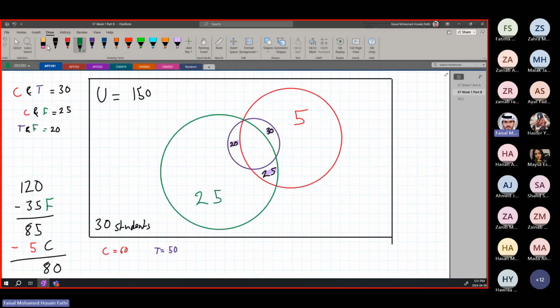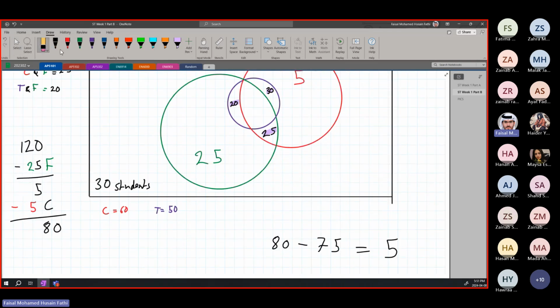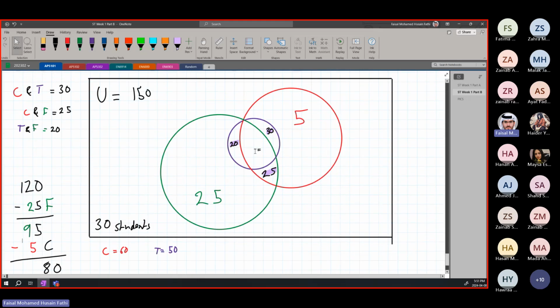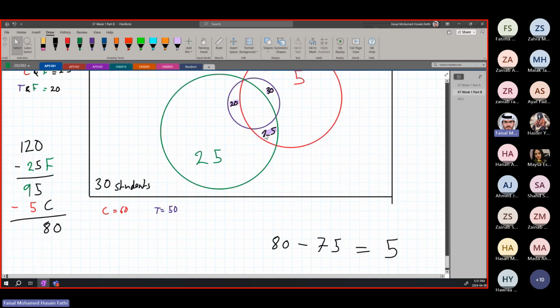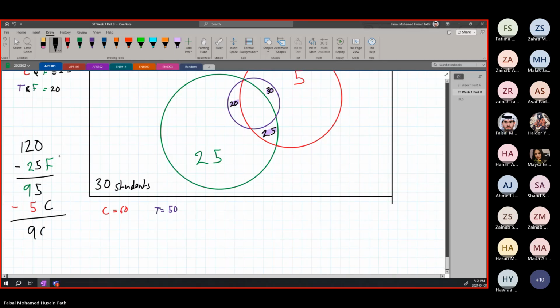Now, it is not minus 35, it is minus 25. And then minus 25 is going to give us minus 95. 120 minus 25 is 95. And then now we are just trying to calculate how much is in this gap in the middle. Okay, that is the whole idea. So 120 minus 25 football players is going to be 95. 95 minus 5 is going to be 90. All right, it's going to be simply 90.